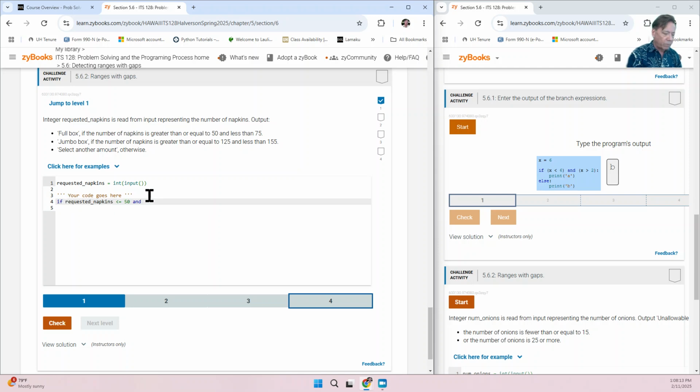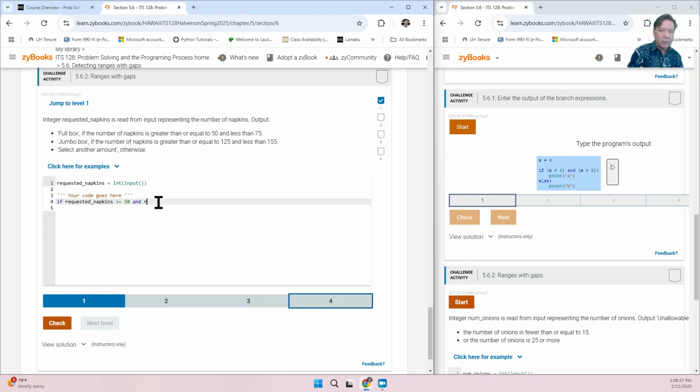Okay, so requested napkins is greater than or equal to 50, and this three-way business is kind of confusing for my brain because I never did this in my earlier programming days. So if it's greater than or equal to 50,